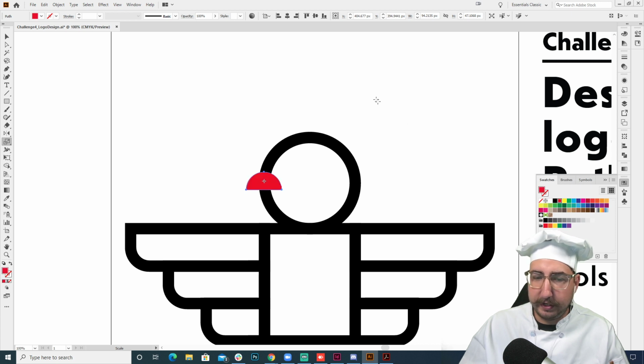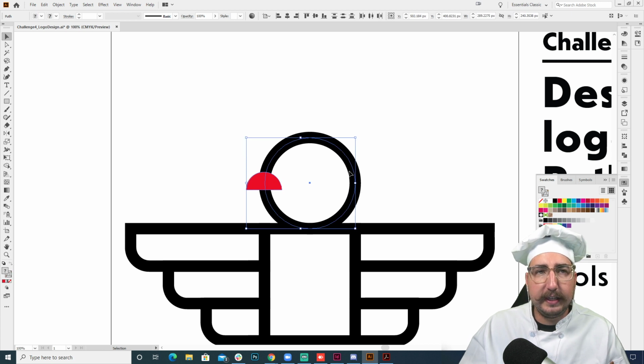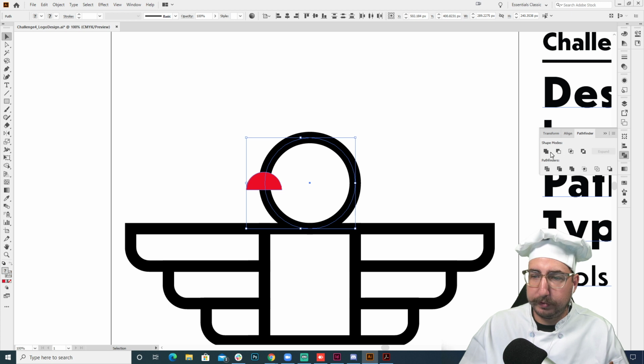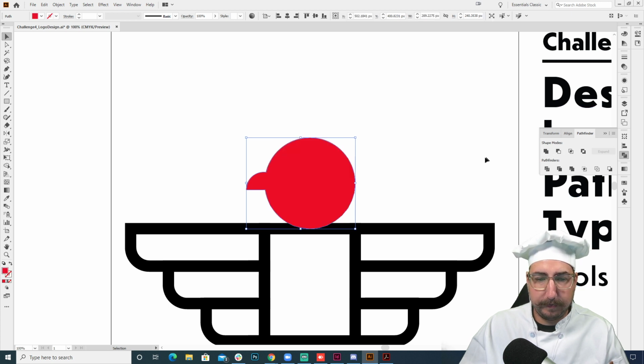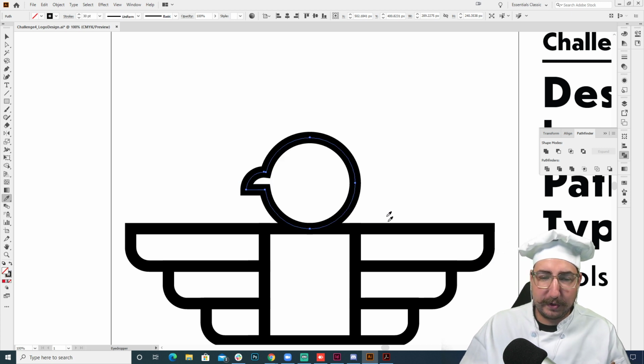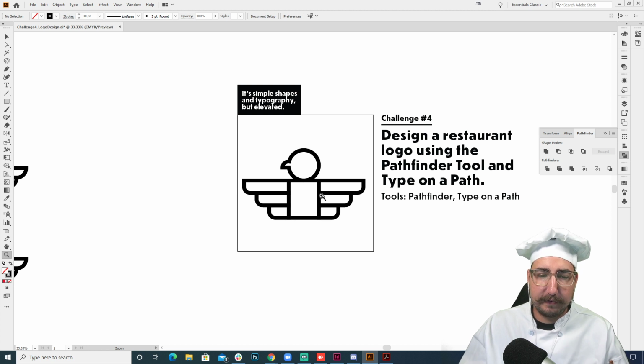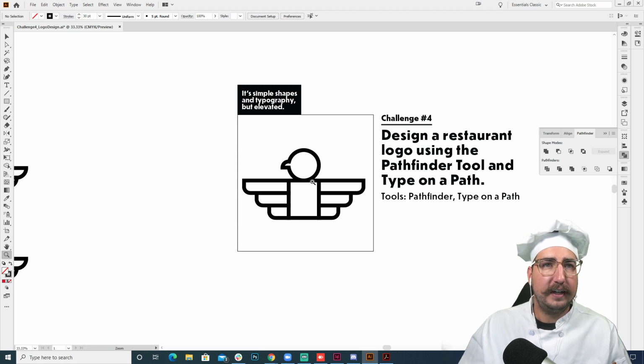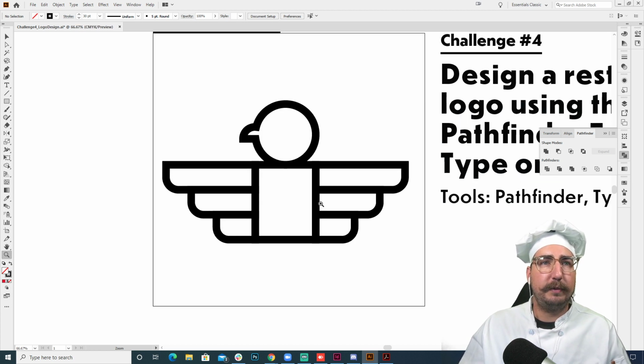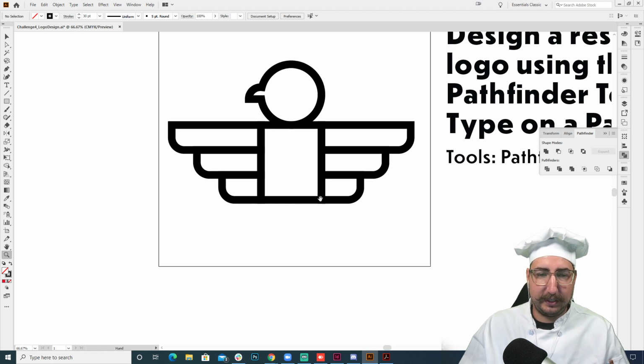We'll make it red so you can really see where it is. And so what it's going to do is combine these 2, and it will keep the stroke of the bottom shape. Oh, sorry, it's taking the attributes of the top shape. And then we are going to just outline that again. So there we go. We've got a little beak for the hawk. And yes, geometric shapes. Once you get to building a geometric shape, it changes your approach. It makes everything very much easier.